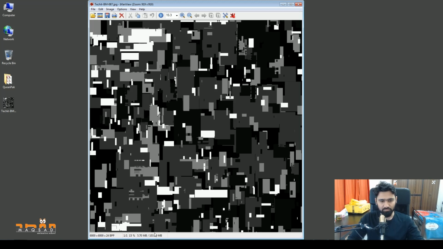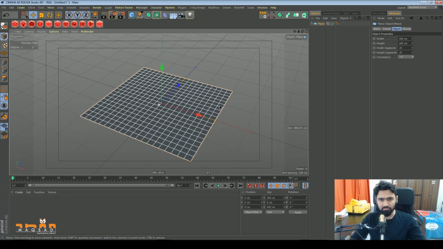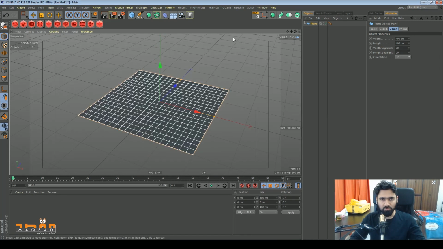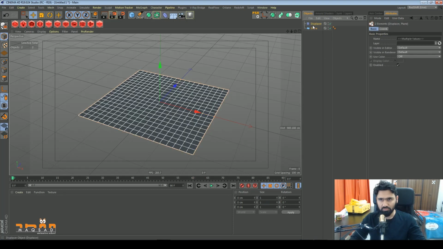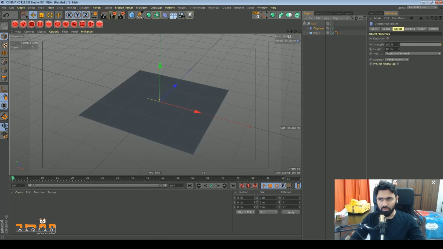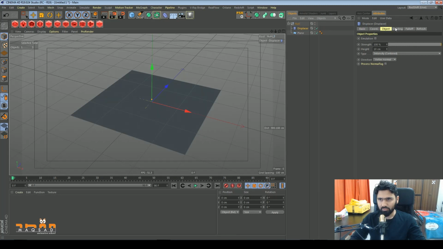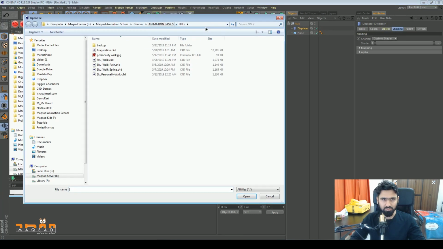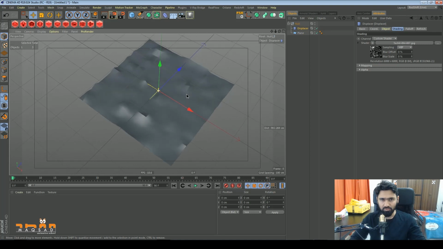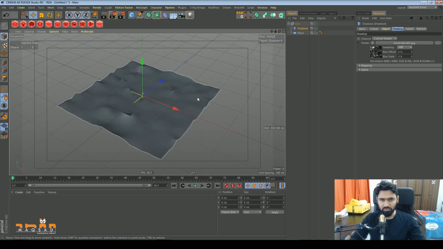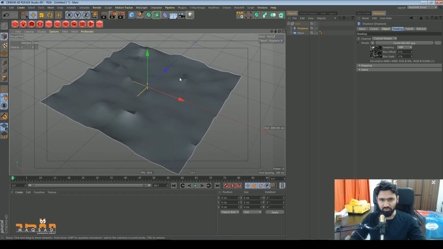So let's get started. For example, we have this plane, and what we'll do is create a displacer deformer, put both of them in a group, and select the displacer. We come to the shading and add a sci-fi texture, and we click yes. So instantly you see that it applies and it makes the surface uneven, but there is no